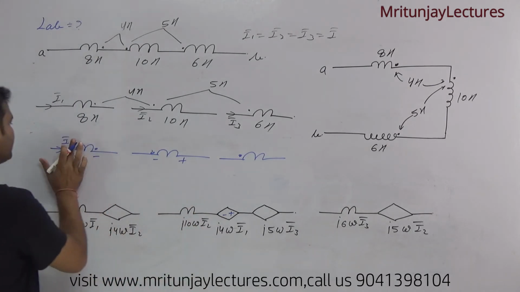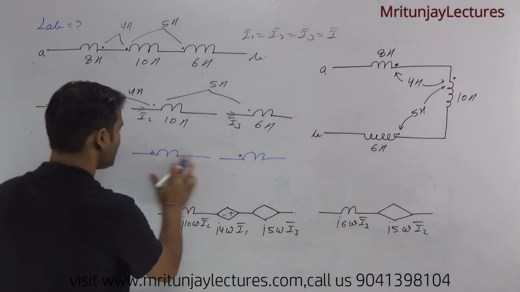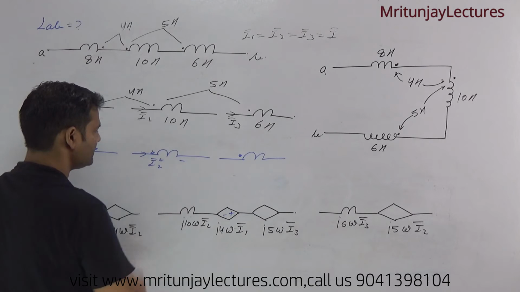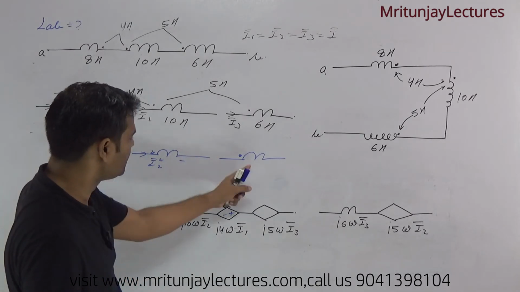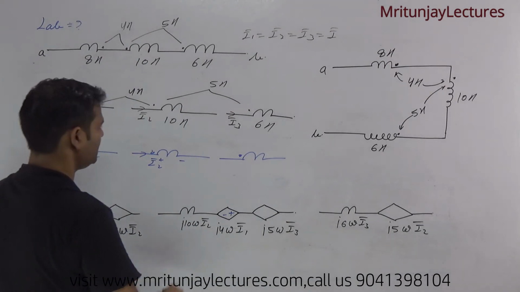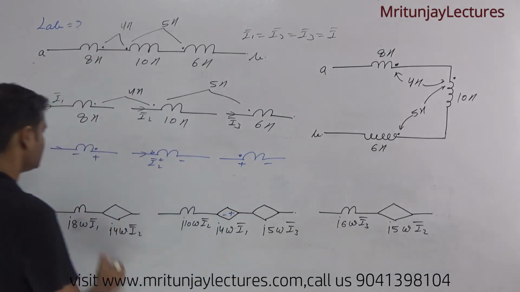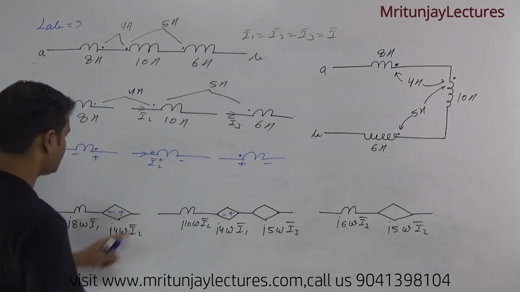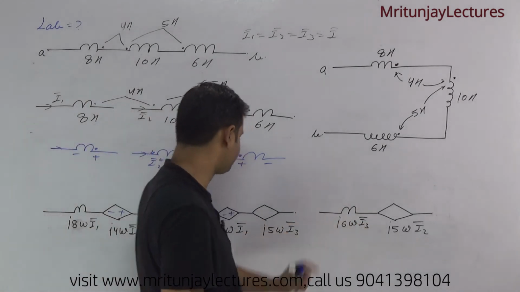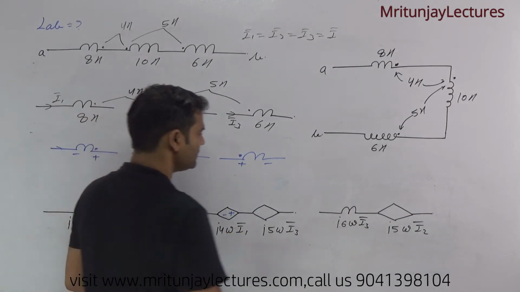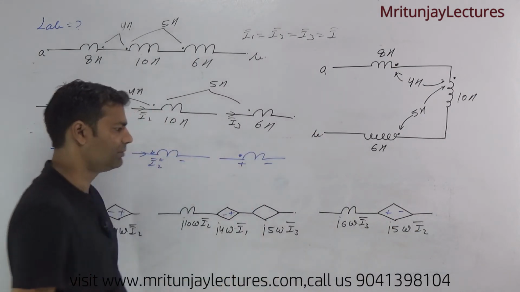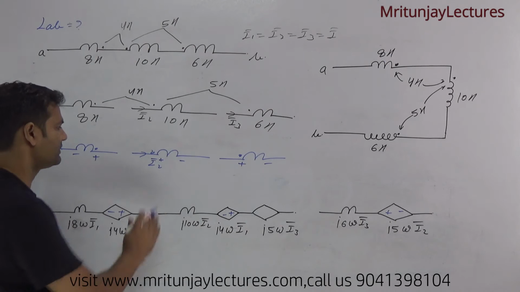Clear? Now, after that, if the I2 current flows here, the polarity is plus minus. I2 affects I1 and I2 affects I3. So here positive, here negative. And here positive, here negative. So that is negative, and here positive, j4 omega into I2, and corresponding to here, I2's effect on the I3 circuit is positive and negative, that is j5 omega into I2. That's why. Clear? Now next target, final.